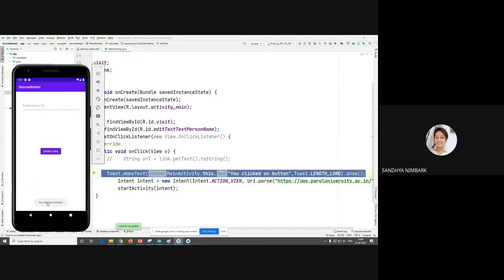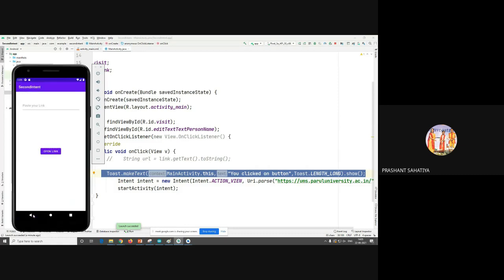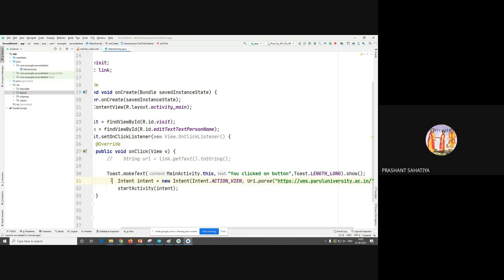Yes, sir. So this can be customized also. Like you want to show some image that you are being fooled. ऐसा कोई आपको image show करना है. That also is possible. So this is a simple text. Okay. Simple toast. If I want to customize it, you can customize. You can show there the image also. After clicking on that, I want to show image of Par University. I can show that also. Okay. So you can play with anything, with any concept. I'll show this one concept and you can try another concept by yourself. Okay. Chalo.